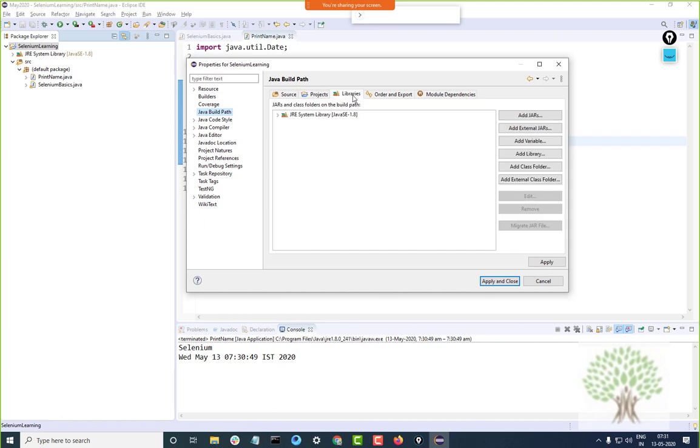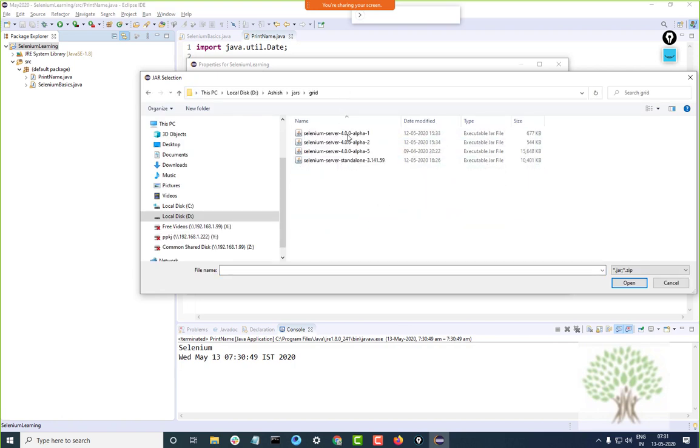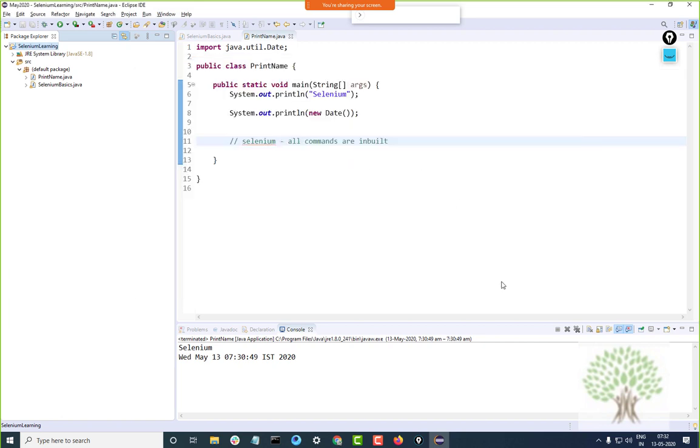You will see different tabs over here. Go to the Libraries tab, click on Add External JARs, and you add the jar of the Selenium server, 4.0 alpha 5, and that's it. Your project is now Selenium enabled. Under the Referenced Libraries section you will see this jar file coming up.